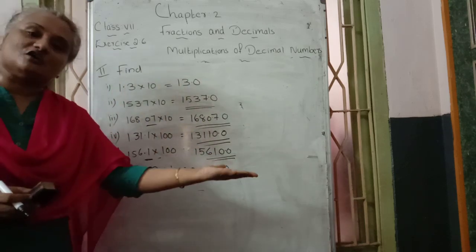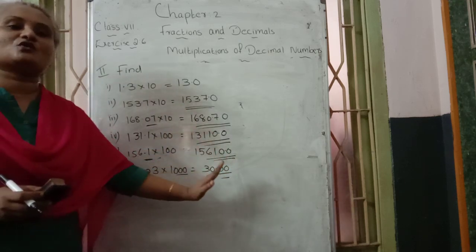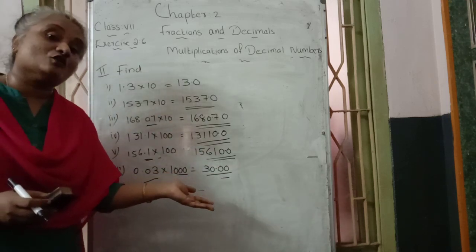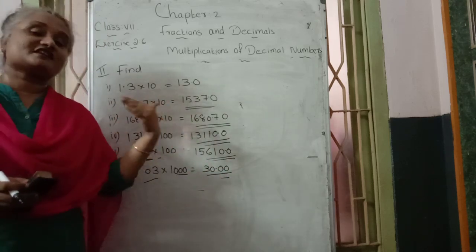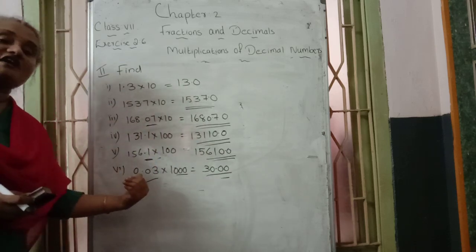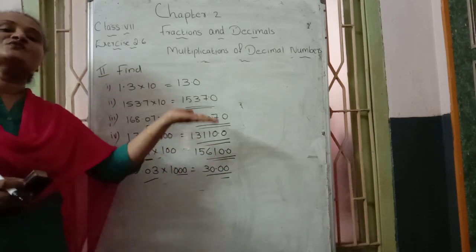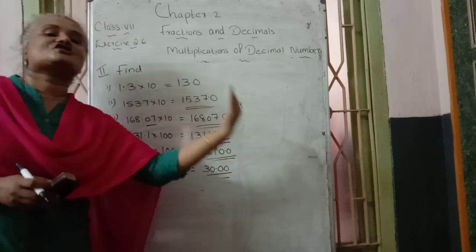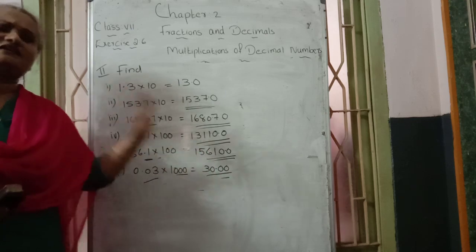Then multiply with 1000 case is also the same thing. First, what do we want to do? Without the decimal point, just write the number only. Here which number? 3 only, that's why we write 3 only. Here 1000 carries how many zeros? 3 zeros, that's why we write 3 followed by 3 zeros. Now we got 3000. Then our question is a decimal question. So what do we want to do here? Check our question: after the decimal point how many digits are there? Here in this question 2 digits, that's why in the answer place from right to left take 2 places and put the decimal point. That's how our answer becomes 30.